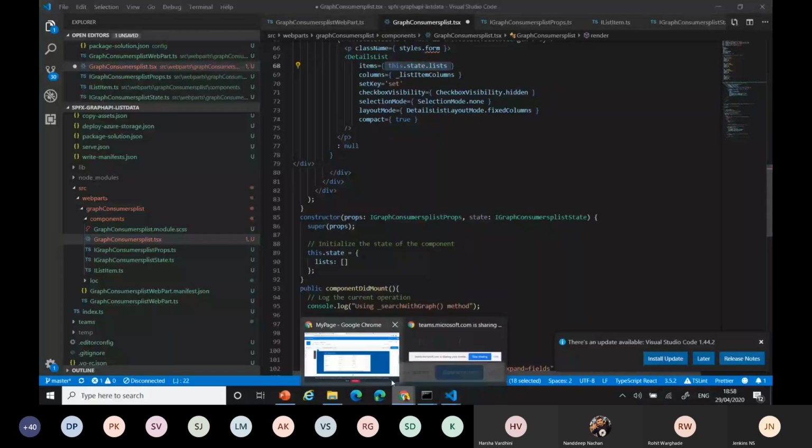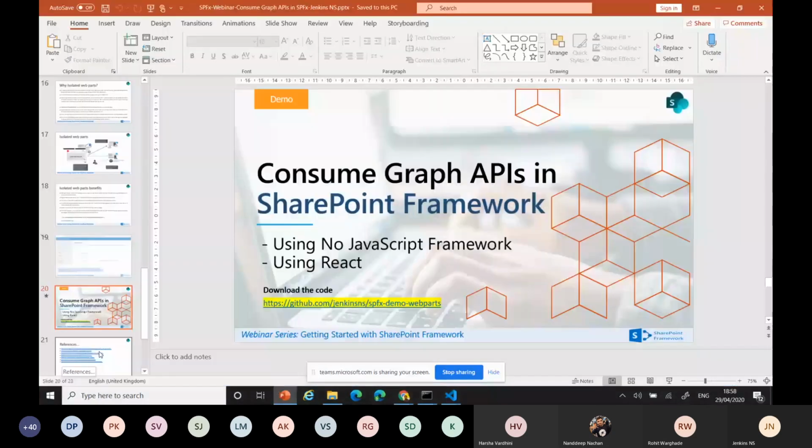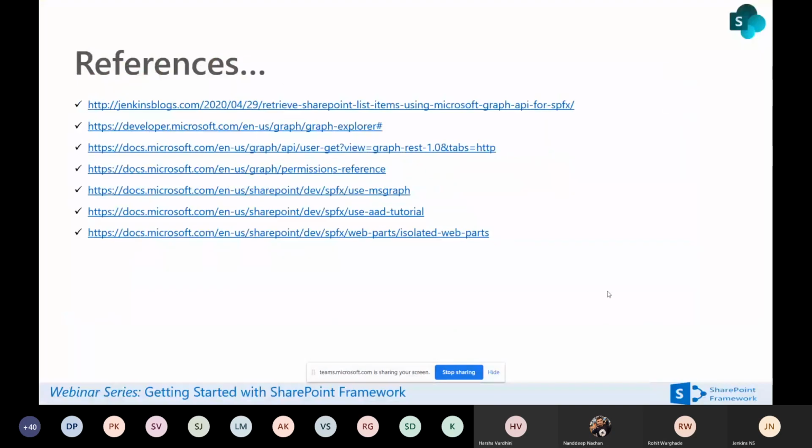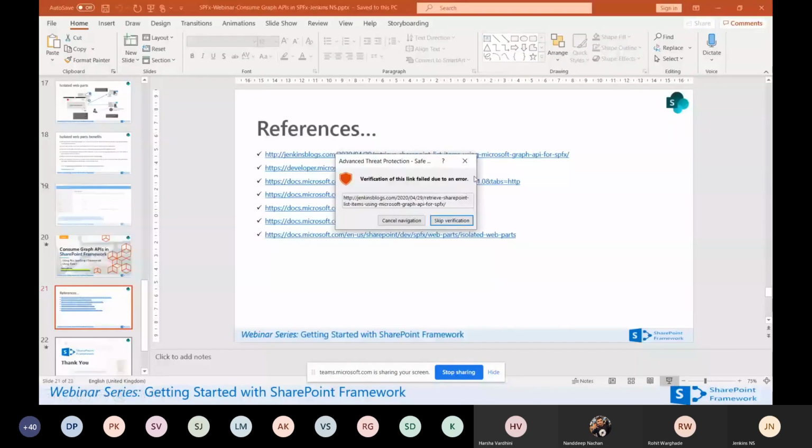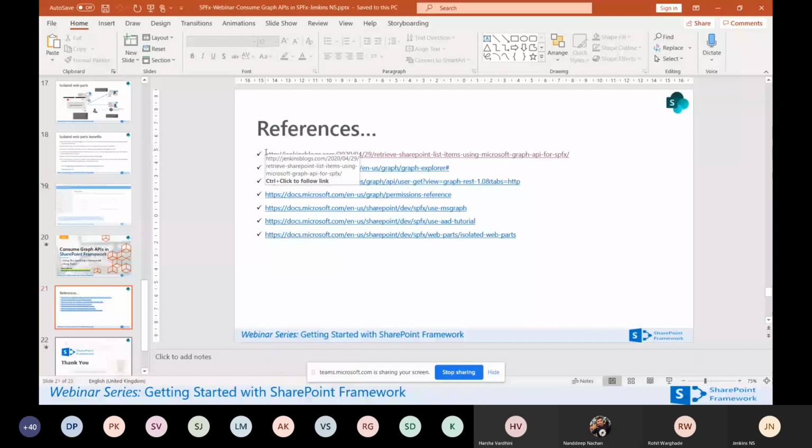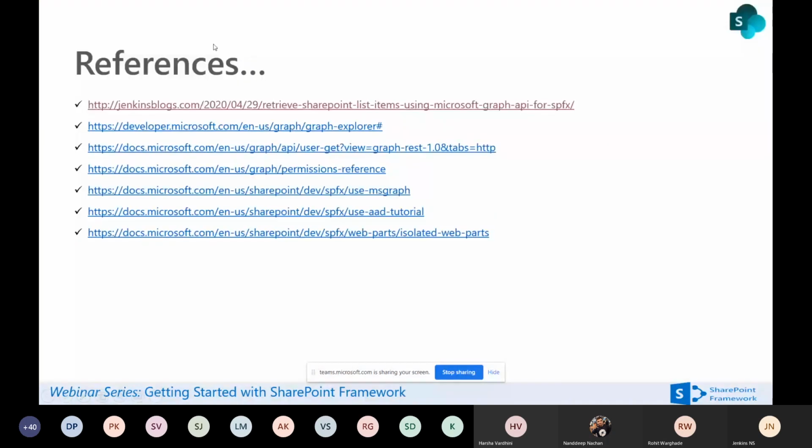Yes, I'll go back to my screen. Okay. Here I have added all the references. I wrote the same thing in my blog also. You can see all the steps, because somebody may be unable to understand immediately. One second, I'll copy the URL. You can see all the step-by-step activity here.